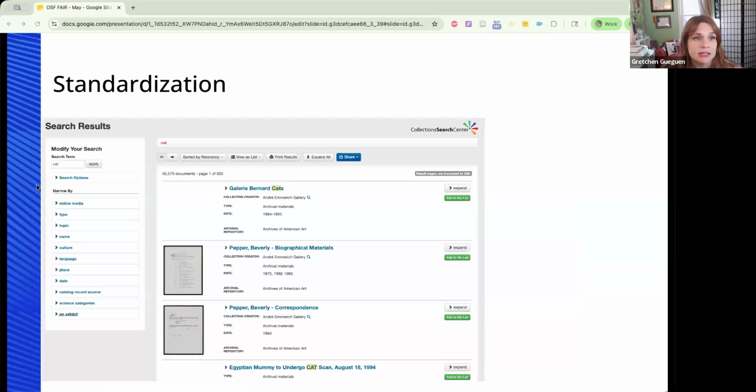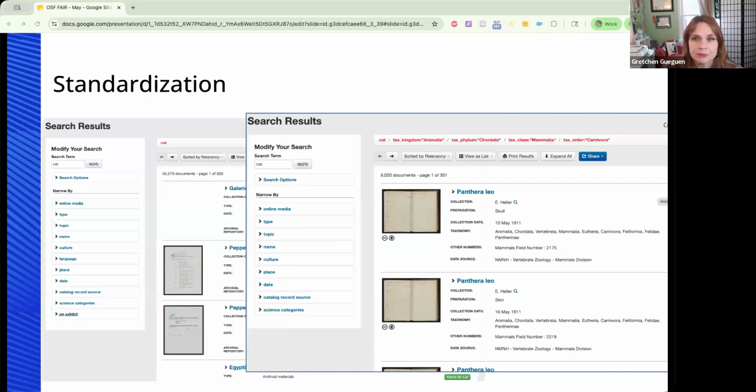Metadata can also provide standardization of terms that might be used in different ways. So in this collection, I've searched for cat, and cat has lots of meanings. In this case, it's identifying an animals, maybe a title, a type of scan. So if I instead search for the standardized name Panthera leo, which is the taxonomical name for a lion, I get more consistent and accurate results.